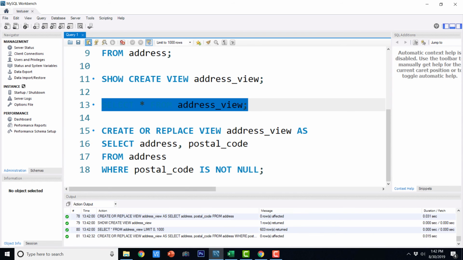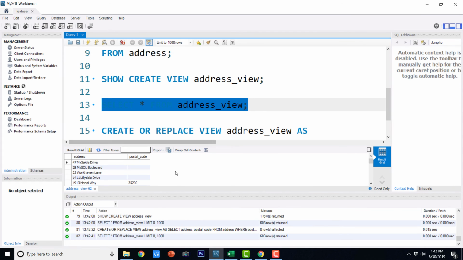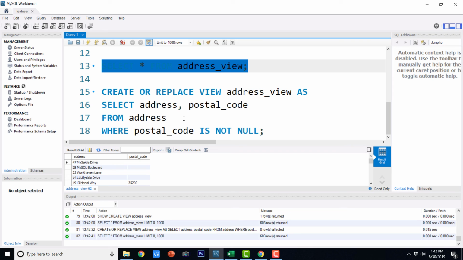So let me execute this, and here we have the records. Okay, so this is how we can create the views for the tables that are there in the database.